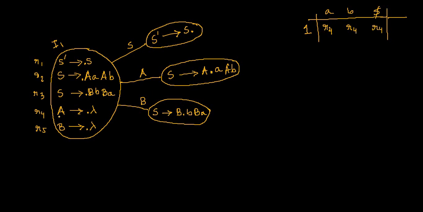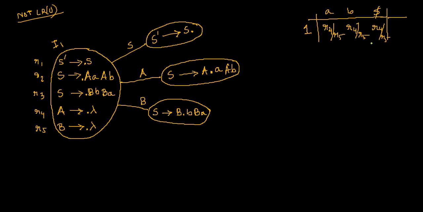Because of this production rule, again I will have a reduce move R5, R5, R5. Surely it leads to an RR conflict in the LR0 table. That means the grammar is not LR0. Okay, let's see now whether it is SLR1 or not.